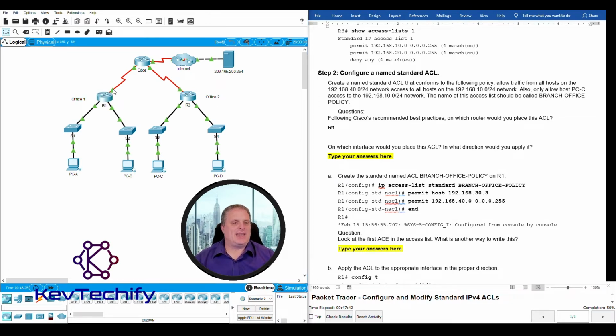So on R1 here, where would you place this? Well, if we'd place it here, it would block all traffic coming through here. And there might be legitimate traffic that has to get down to either one of these. So we don't want to block that off right there. If we're going to put it here, it's applying to the wrong network. And so what we have to do is apply it to this network, and that would be